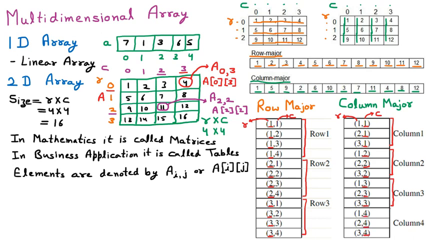So this is the element wise representation, meaning how we are going to find out the index of an element in a 2D array. The first one is the row major and the second one is the column major. So this is the 2D array. Now we are learning the next type of array, that is the 3D array.